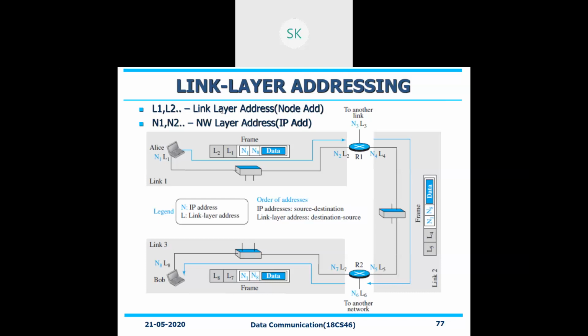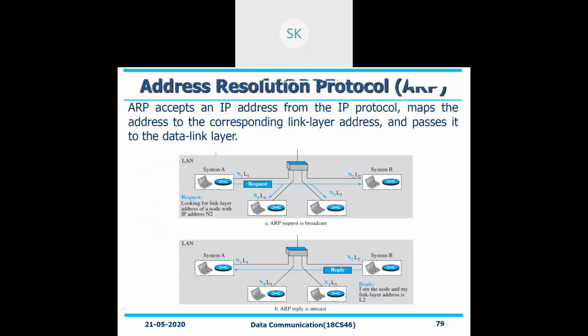There will be two levels of addressing available in the entire frame that you are having. One is called the link layer address. Another one is called the network layer address. The network layer address is nothing but your IP address. That is a logical address. It will have source as well as destination. Similarly, with respect to your link layer, it should have the next nearest node. With respect to that, the link MAC address or the physical address should be available. So that is L1, L2. Understanding it? This is very important to know.